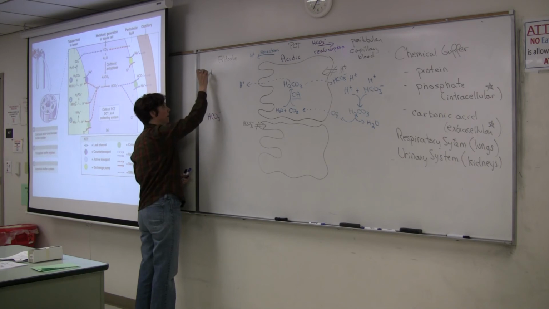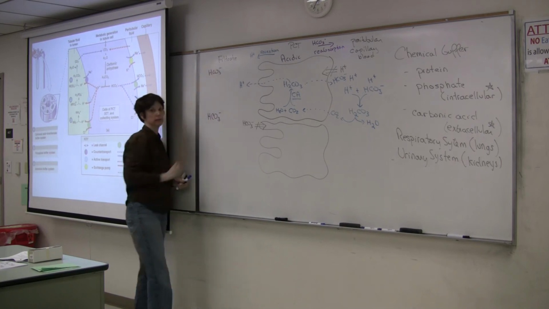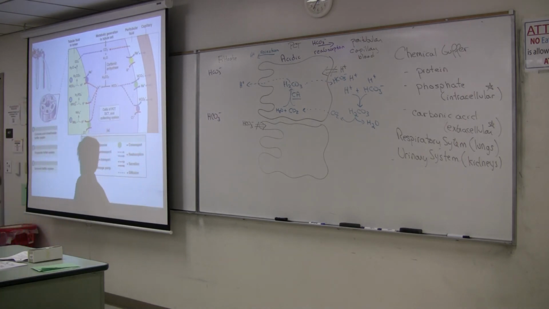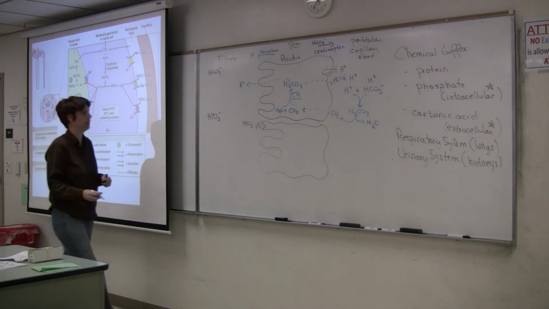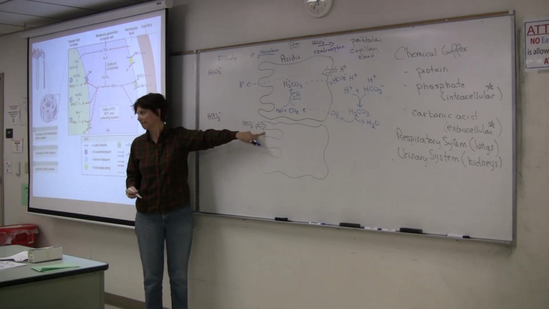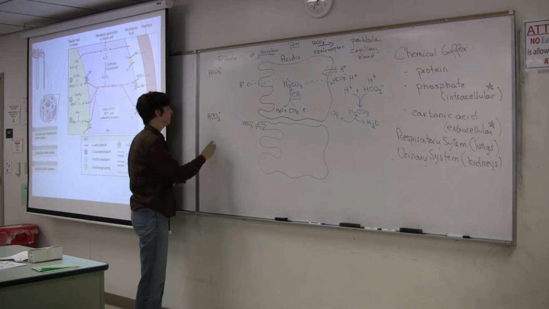Okay, so we have bicarb that was filtered. And now we're going to take it out and return it back to the blood. Moving from filtrate to blood is reabsorption. So we secrete the hydrogen ions and we reabsorb the bicarb. The bicarb won't cross the apical membrane. So once again,